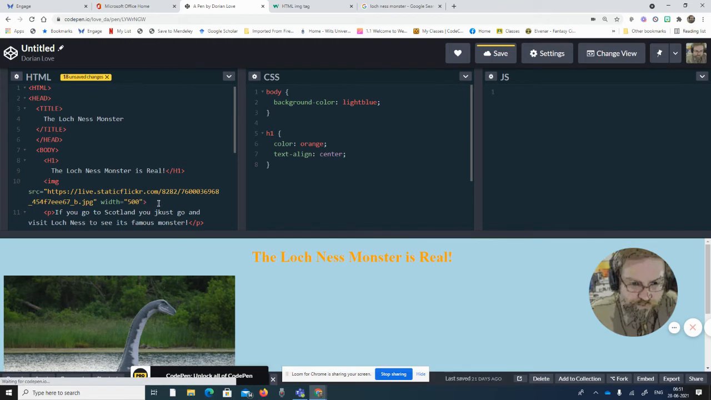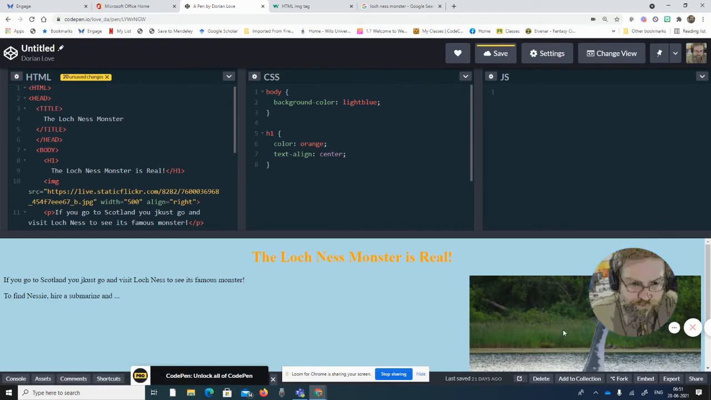It must be inside that tag there. So if I put align equals and I put right after that, then hopefully it sends my picture over to the right. So you can align obviously to the left, the center, or the right. Cool. Well, that's how you do an image, and you'll notice that there's no closing image tag like you got